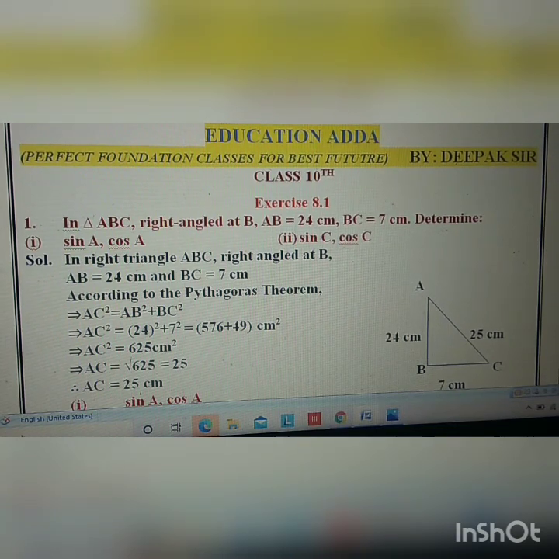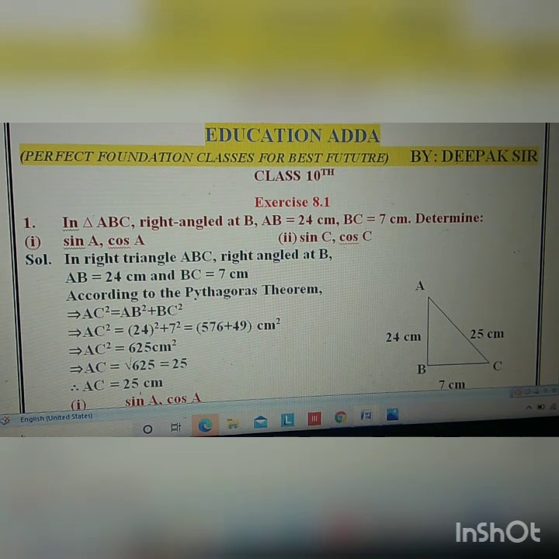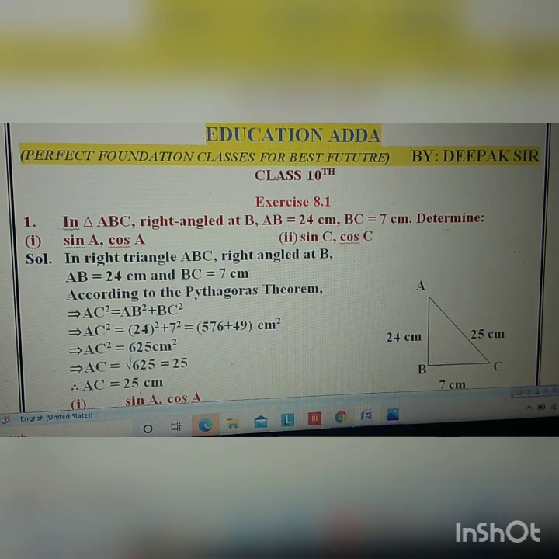In this video we will discuss the first exercise of trigonometry. As we have discussed in the previous video the basic concepts of trigonometry, we will now apply these concepts in the first exercise, and we will study how we can solve the problems which are based on heights and distances, which are actually based on the basic trigonometric ratios.